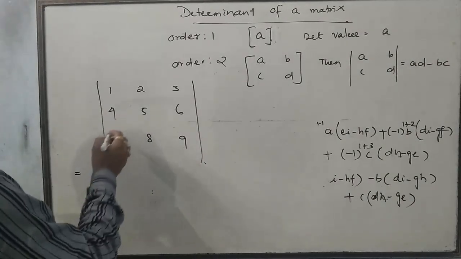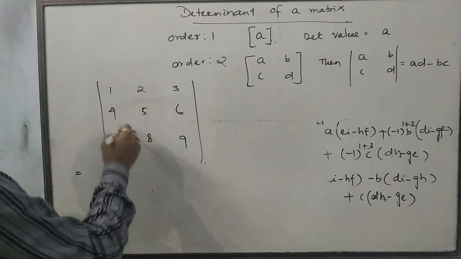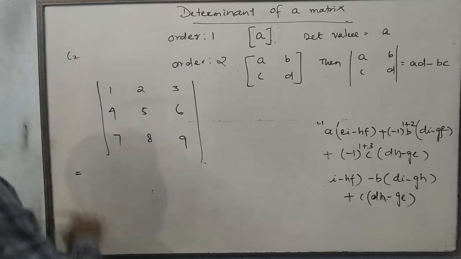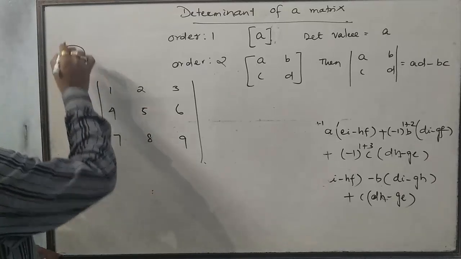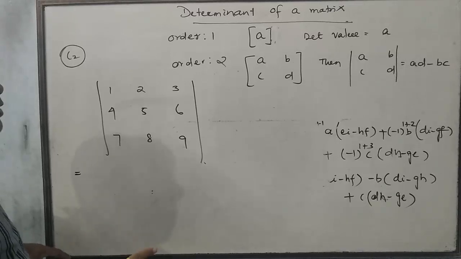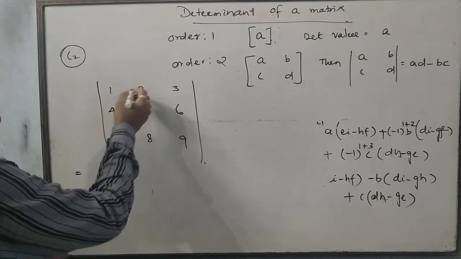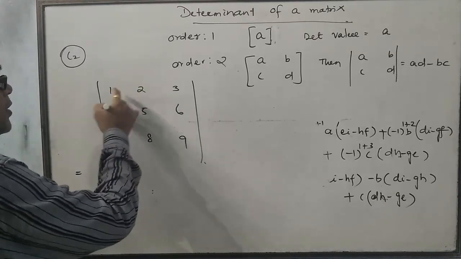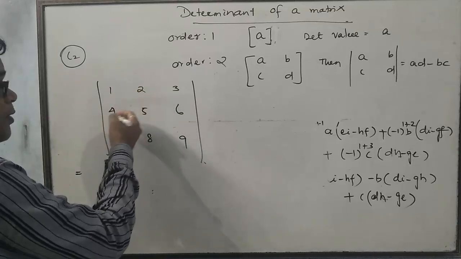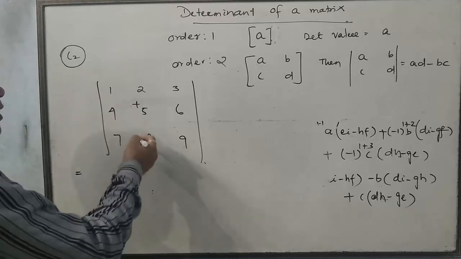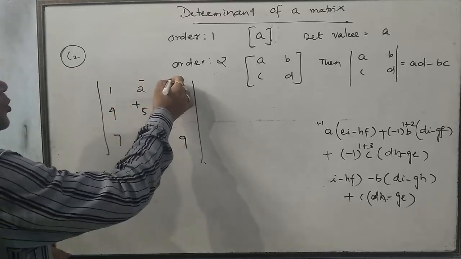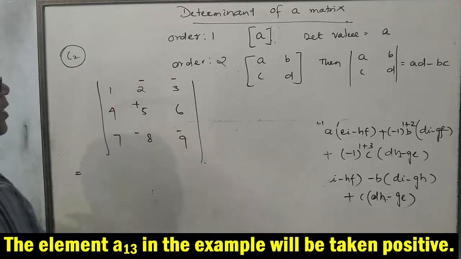Suppose I would take column 2. Sometimes I have to find out with column 2. I want to find out what is the value if I will take column 2. Then remember the signs. What are the signs here? No doubt it is plus sign. This is the diagonal entry. And this should be minus, and this should be minus, and this should be minus, and this should be minus.